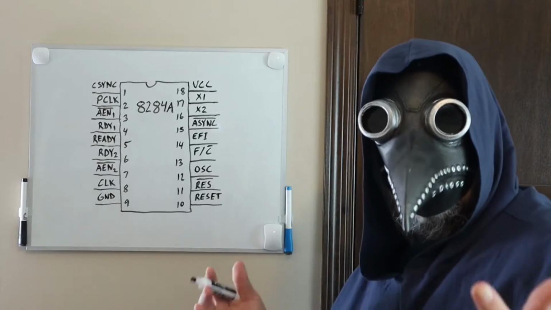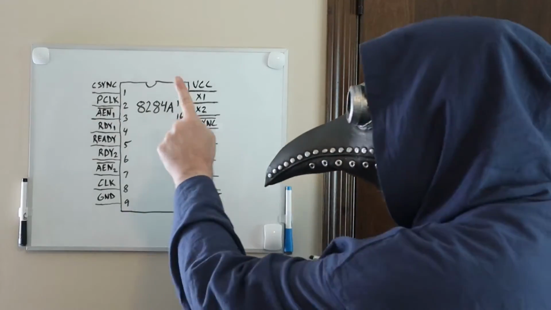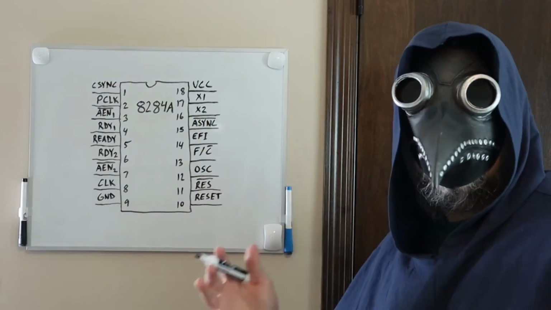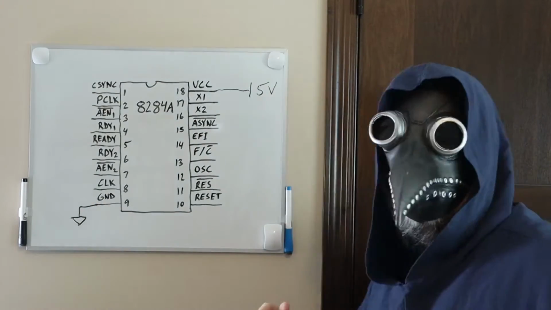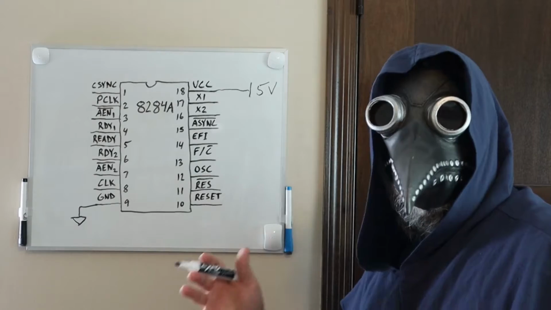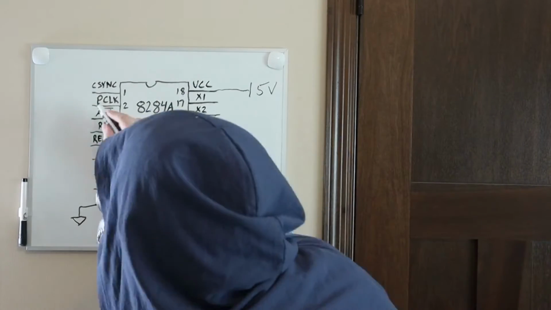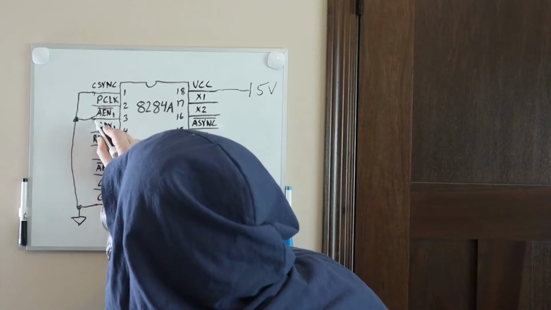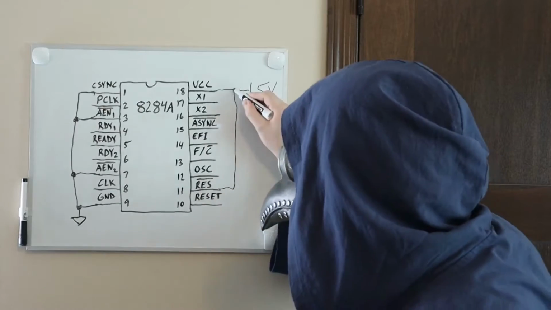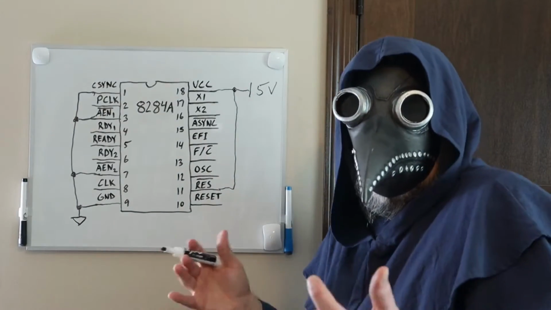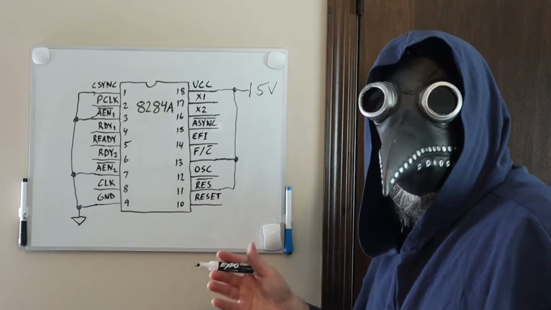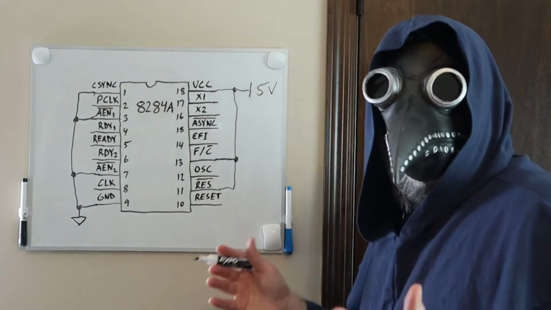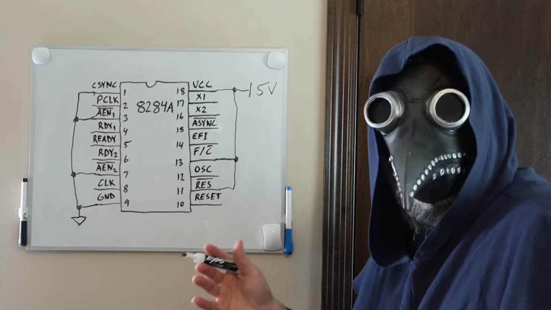So first, let's take a look at the recommended 8284A clock IC. I'll provide power and ground. I'm going to use 5 volts for power. I'll ground the C-Sync and the 2 address enables, and I'll pull the reset in high. Now I want to pull the frequency / crystal select line high so we can use a TTL level clock signal on the external frequency or EFI pin.